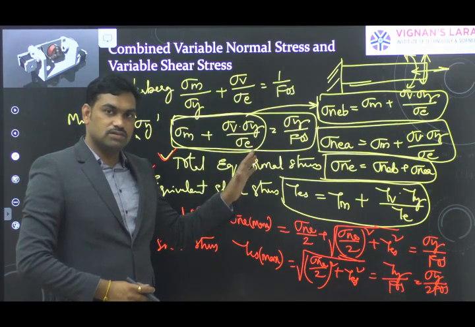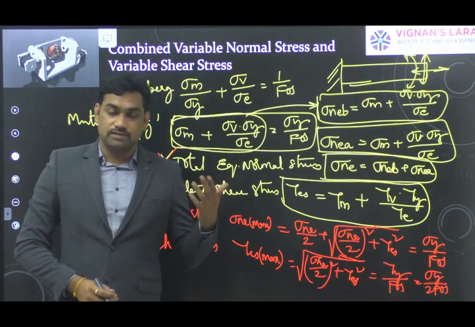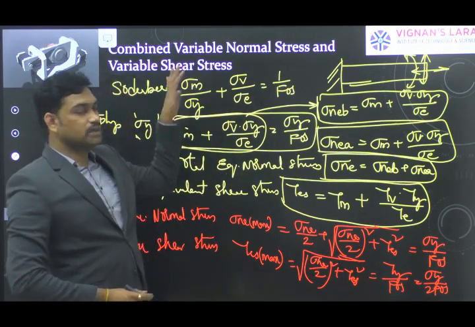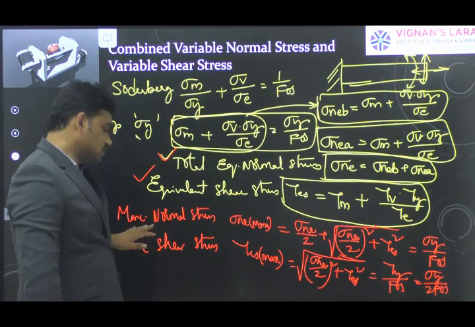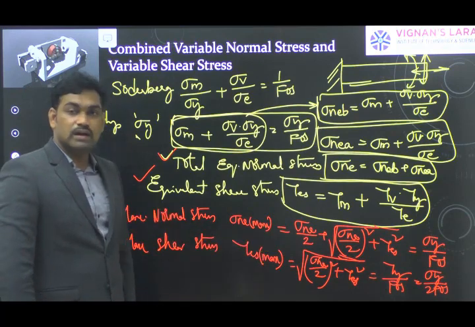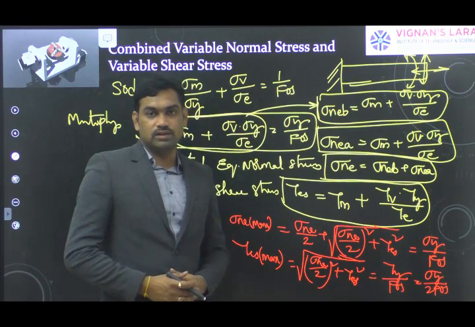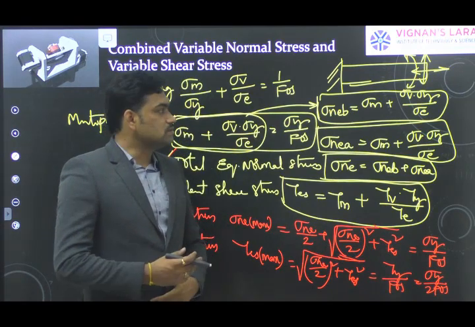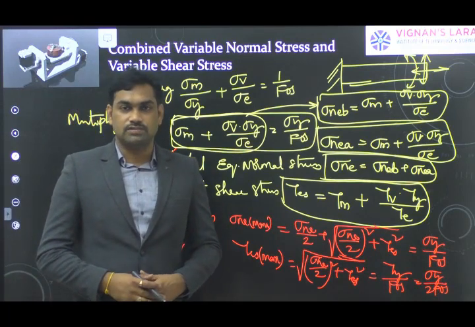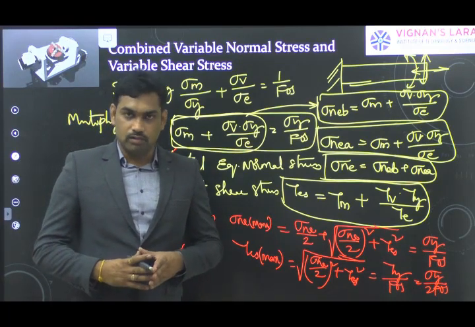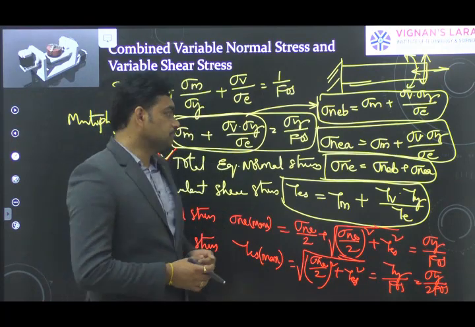In fluctuating loading also, the machine members can be subjected to fluctuating bending, that is a fluctuating normal stress, or fluctuating shear stress. We need to find the maximum normal stress and maximum shear stress using this relation, equated to the limiting values. From that we can find the diameters. Clear? This is how we can apply the Soderberg line method for design under fluctuating stresses in combined loading. Let us see an example problem for that.